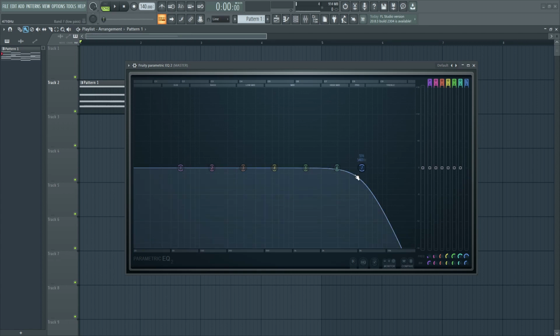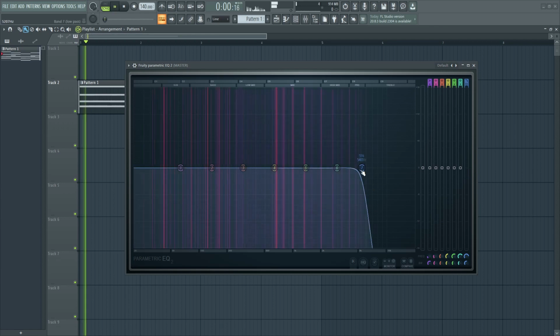And you can also have different orders of Q. If you go into the order section, you have steep and you have gentle curves. Within steep you have the options steep 4, steep 6 and steep 8, and the same with the gentle curves. This is nothing but different Q shapes that you can get, and it will change the steepness of the curve. If I put it on steep 8, this is the steepest curve that we can get.